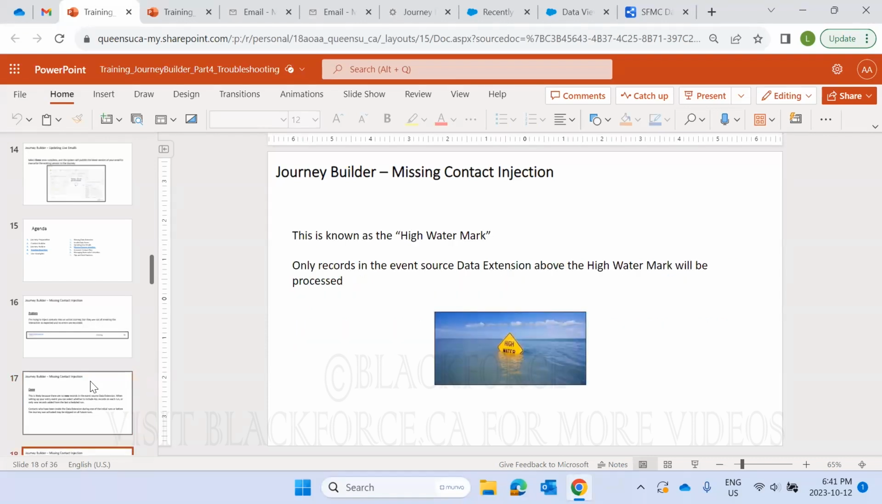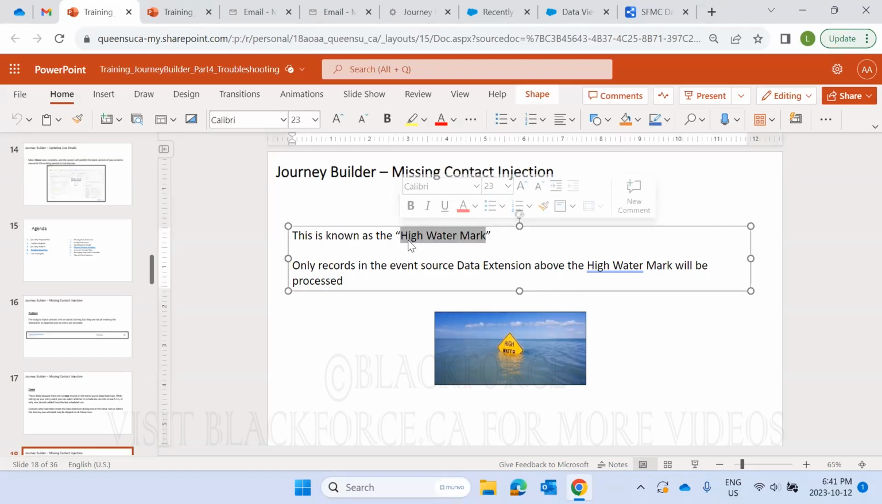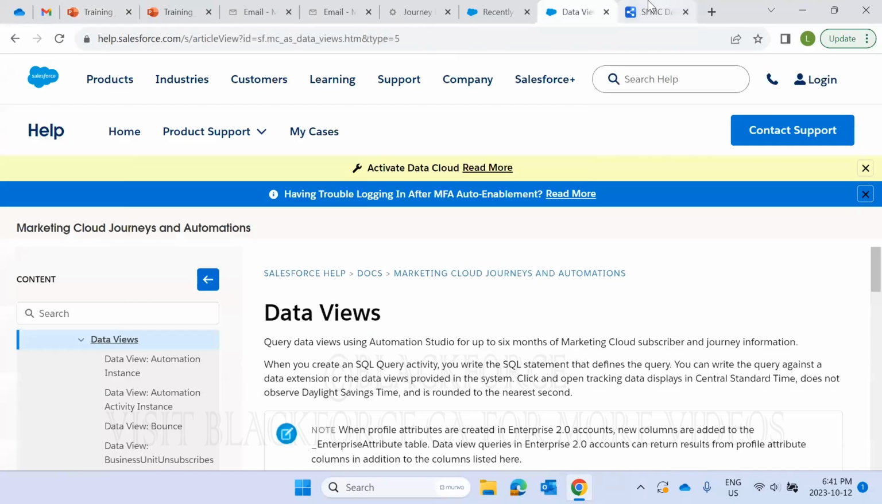So there's also this topic of the high watermark. It's not often you come across it. And I think if you want the best explanation for what this is, you should read up on it on the Salesforce website. So I'll just put the link in there for you. It's not a common issue,